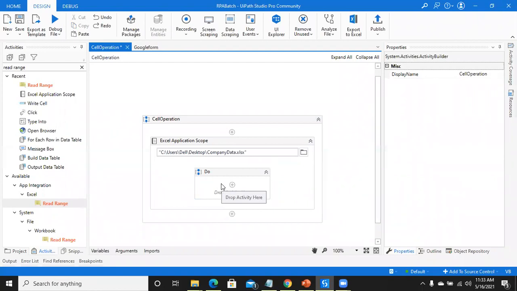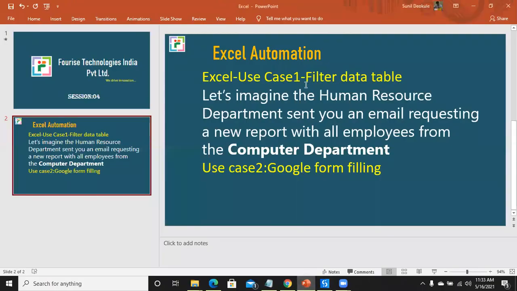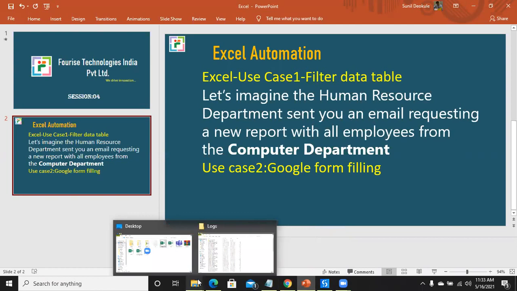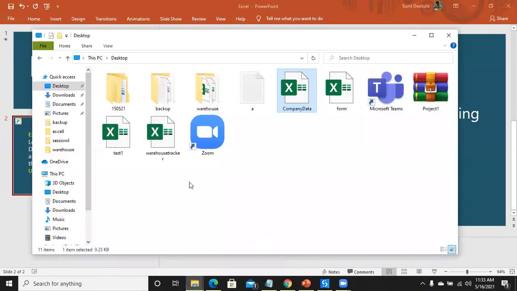Before going to the actual understanding of the Excel applications, let's take one use case so that you can understand. Let's imagine the human resource department sent you an email requesting a new report with all employees from the computer department. Now you are receiving one email, and in the email you have some data, like name of the employee, then department, location.